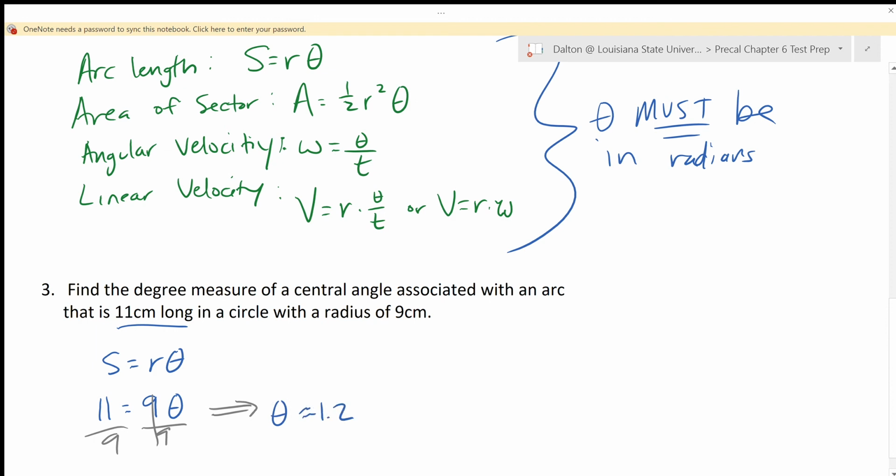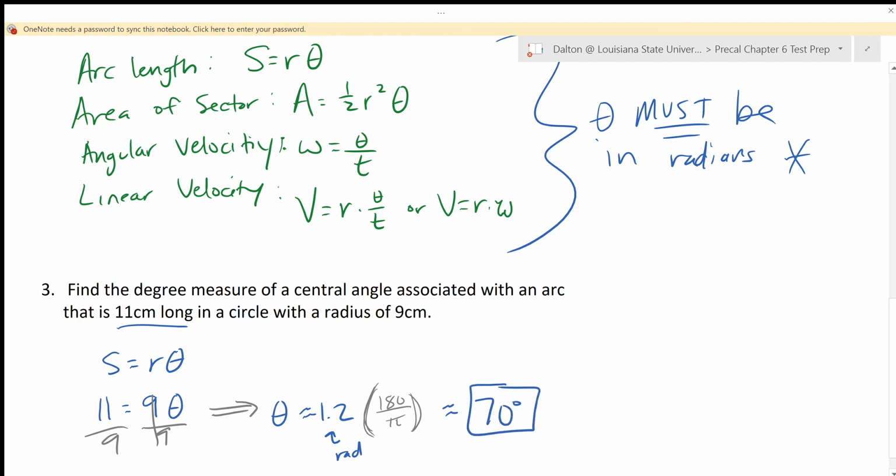But remember what I said earlier, anytime you do these, this is your answer in radians. If I want that in degrees, once you get your final answer, you need to convert it by multiplying by 180 over pi. Again, make sure you put 180 over pi in parentheses when you convert,